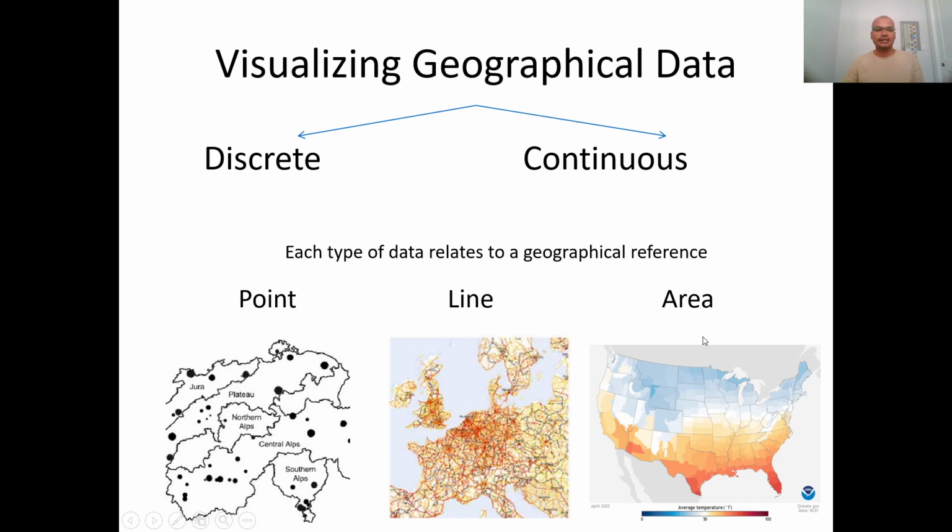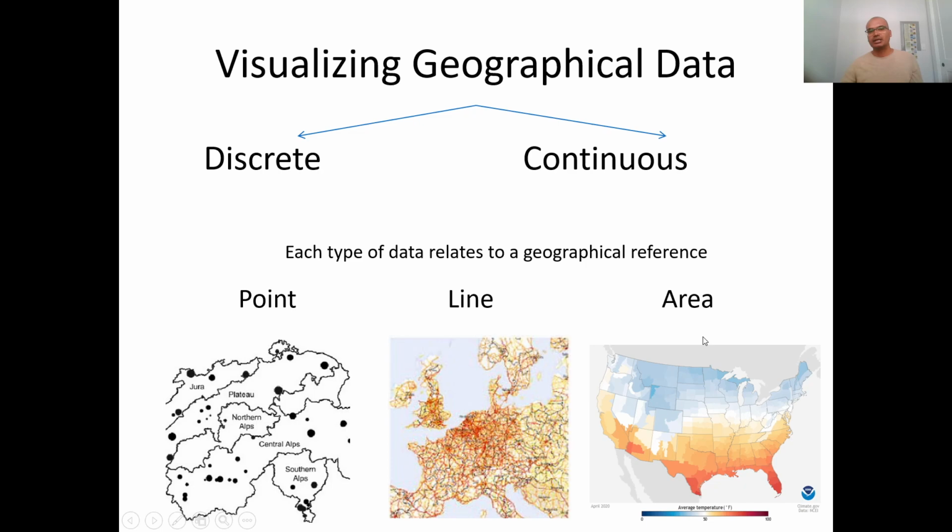We will discuss this designing process, each stage in detail. Let's start with the data. Once you collect data from multiple sources, you have to understand how to visualize it. Already we discussed that geographical data can be discrete and continuous, and these discrete and continuous geographical data can be represented using point, line, or area entities. Of course,